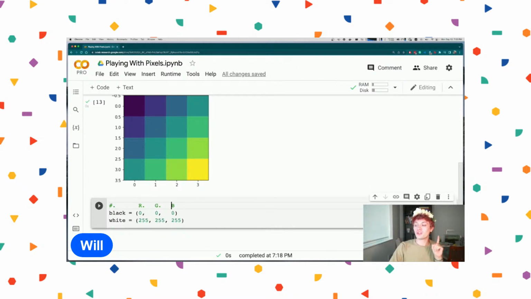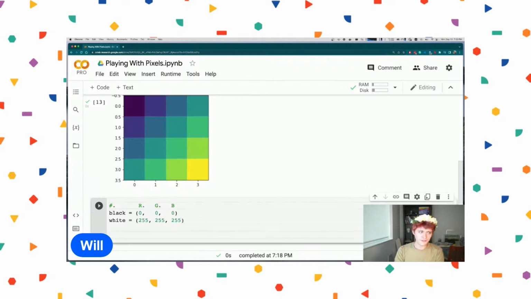Fun fact is you can actually use, imshow will support 0 to 255 integers. It'll also support 0 to 1. Black is going to be 0, 0, 0, and white will be 255, 255, 255. And so what if I just said plt.imshow,